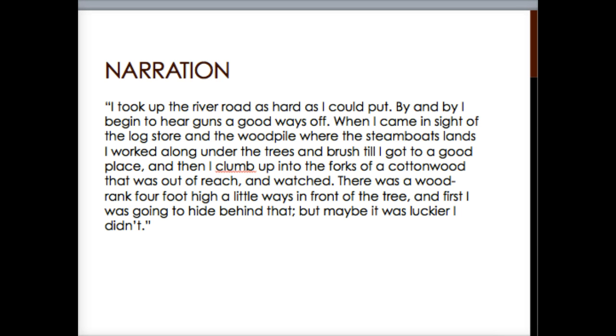So that's an example. A story takes place over a period of time. It's built around people doing things like talking, thinking, running, etc. Therefore, narrative paragraphs are characterized by words that show action and sequence. Action and sequence, okay? For the most part, a logical sequence of action supplies this narrative sequence. So from this example, I took off, I heard guns, I worked along under the tree. These linear arrangements of sentences make the reader assume that the actions take place in sequence.